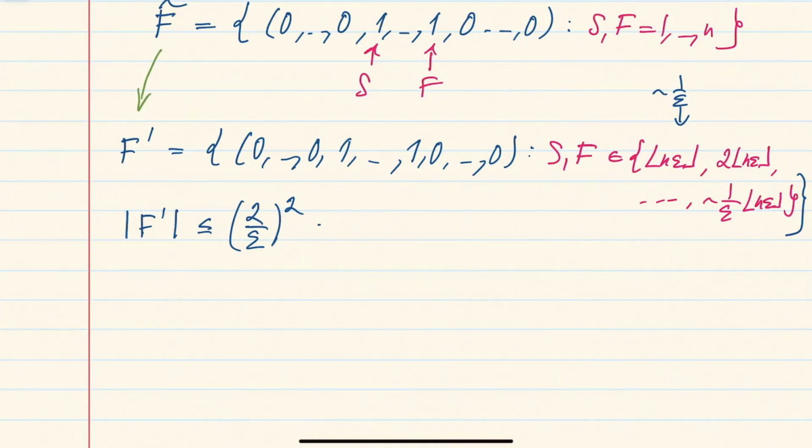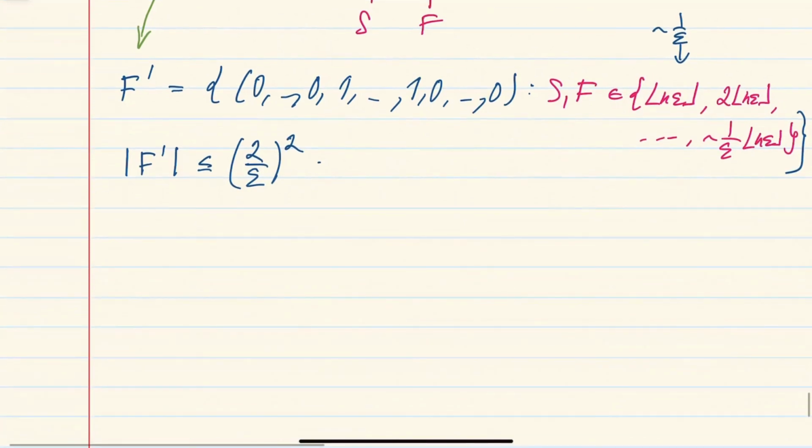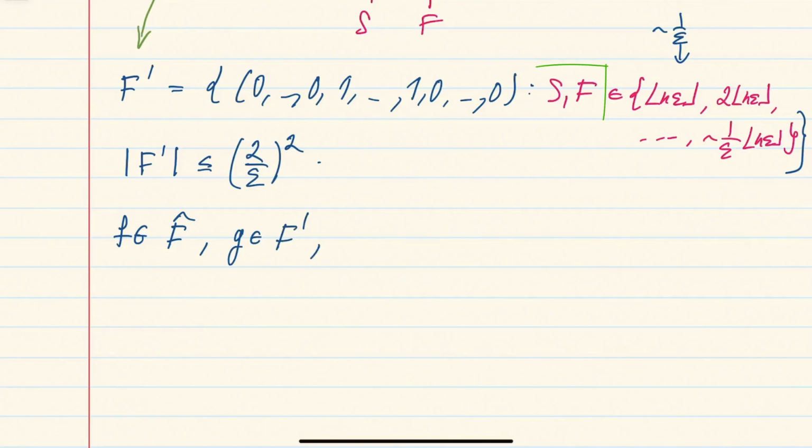So namely, if you take a vector f in f tilde, then you can pick a vector g in f prime, okay, by simply choosing the starting point and the ending point of the sequence of ones as close as possible. That means within n epsilon coordinates. And then the distance between these two will be bounded by,